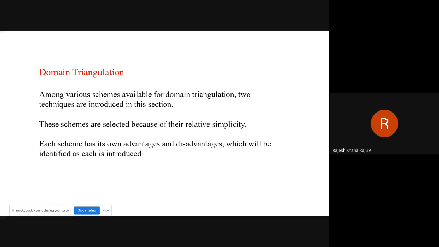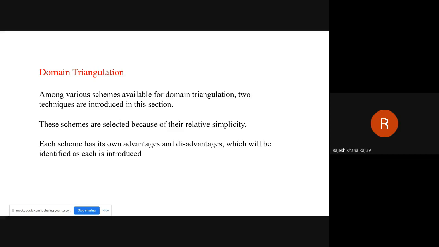Those two techniques are very important in the sense that it is quite easy to make yourself understand what they mean. And secondly, they are some sort of preliminary ways of creating the triangles out of the given set of possible triangulation methods which are available in the open domain.